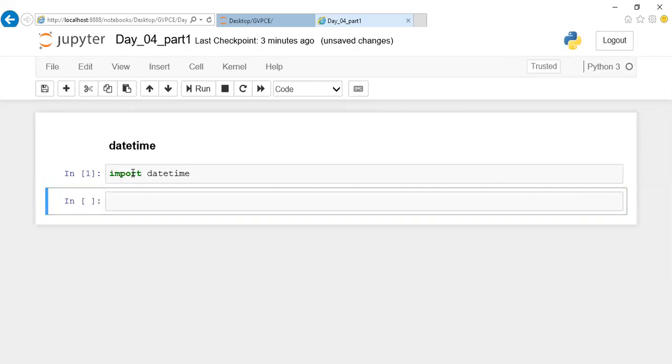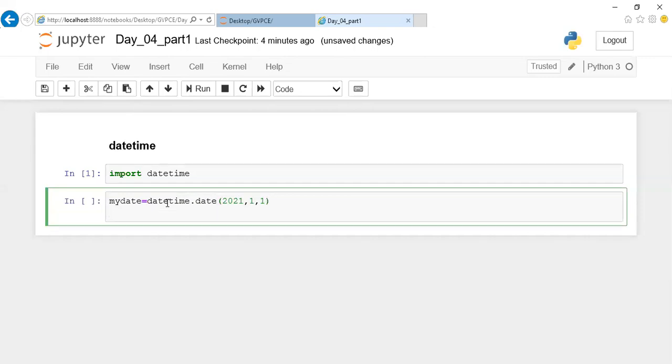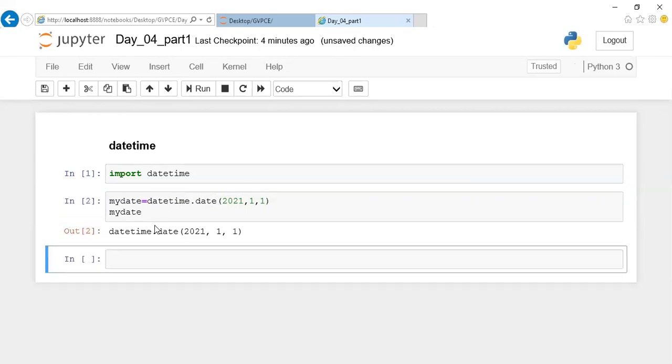Now let me try to make use of a few methods. Let us assume we are going to make use of date. You're going to pass some information, and I want that information in a date format. In those cases, I can make use of datetime.date. Whatever date you're passing here, let me pass 2021, comma 1, comma 1. So I'm passing some date here as a parameter. Now, if I try to print my date, your output will be displayed as a date format.